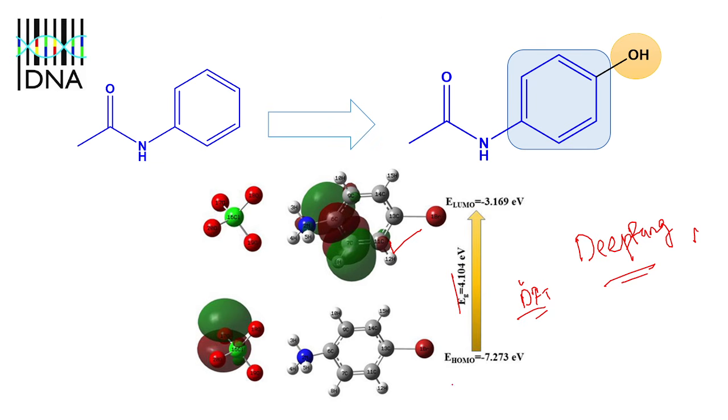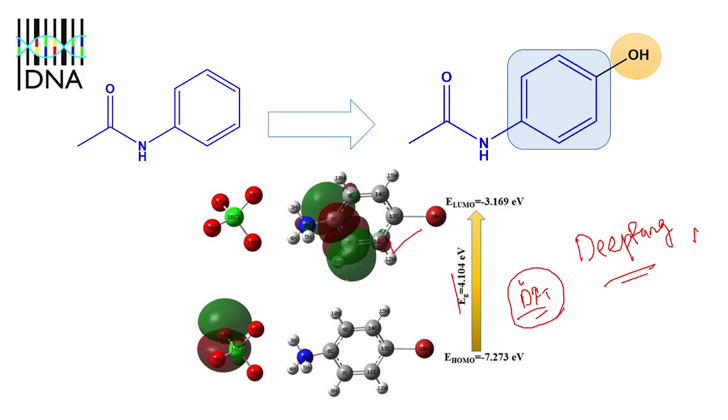You can see the HOMO, the highest occupied molecular orbital, and LUMO stands for the lowest unoccupied molecular orbital. And between the HOMO and LUMO, the energy gap is what we calculate by using density functional theory, or DFT. For that, so many software packages are available. But now let's focus on the